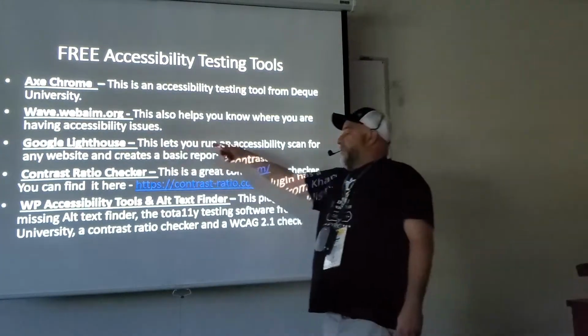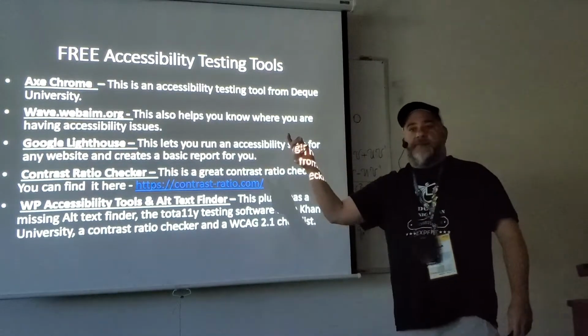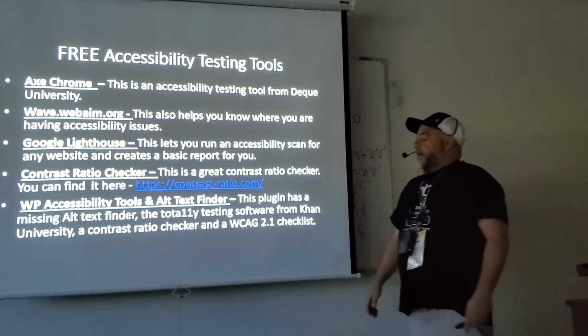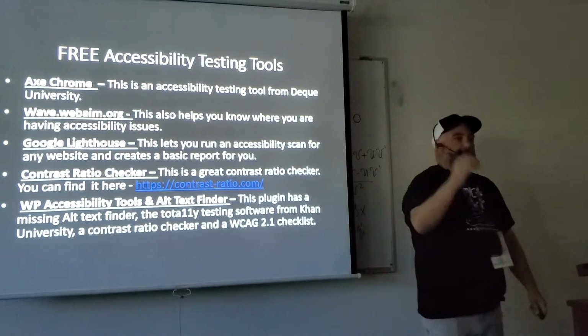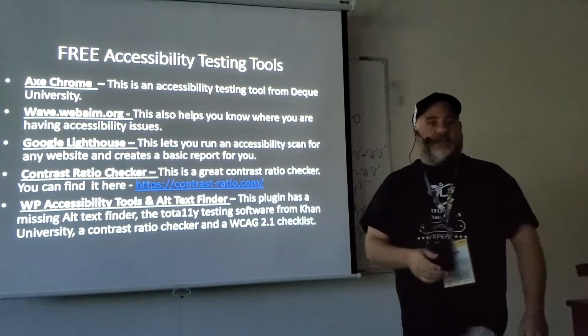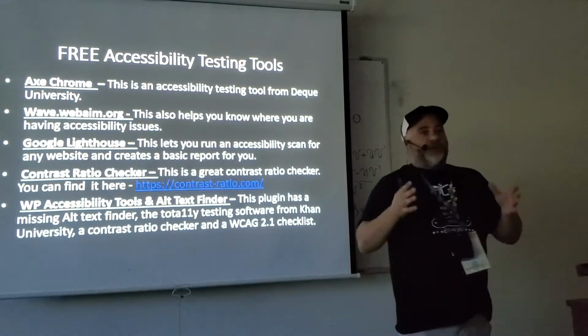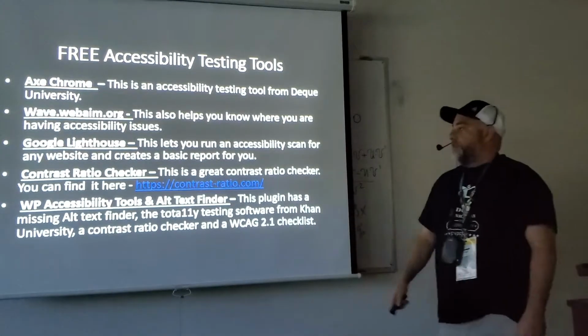Google Lighthouse, they do a pretty good job. They give you a 1 through 100 score, which I like because clients like to see how they're scoring. It's just a visual. But the cool thing about Google Lighthouse is they give you an 11-step manual testing process, which is a great starting point. Doesn't cover everything, but it's a great starting point. So that's actually my favorite part of Google Lighthouse.